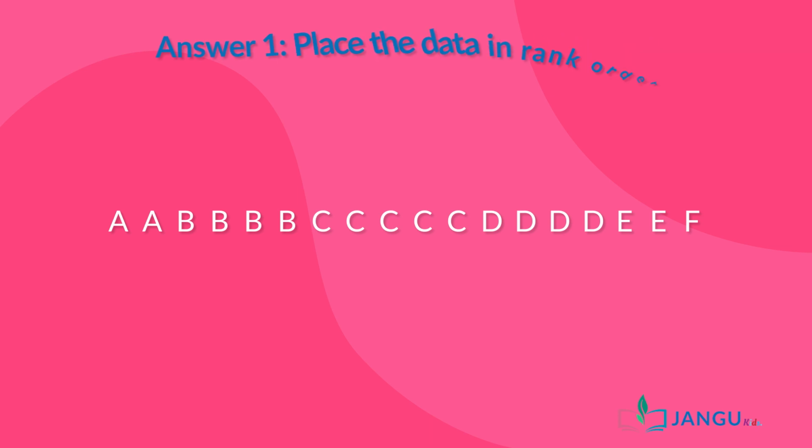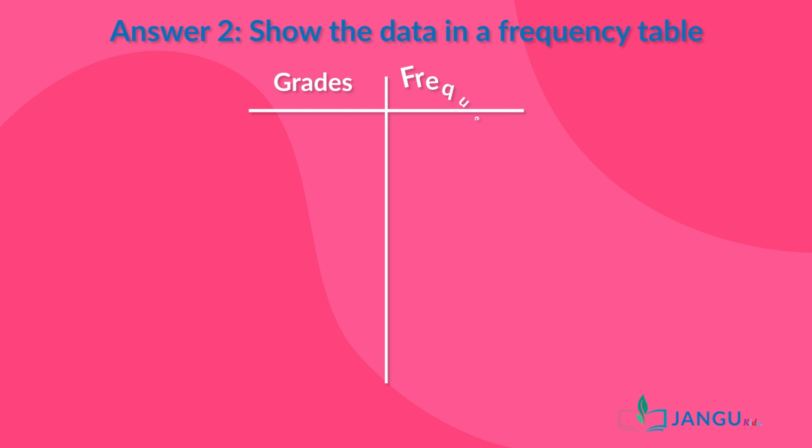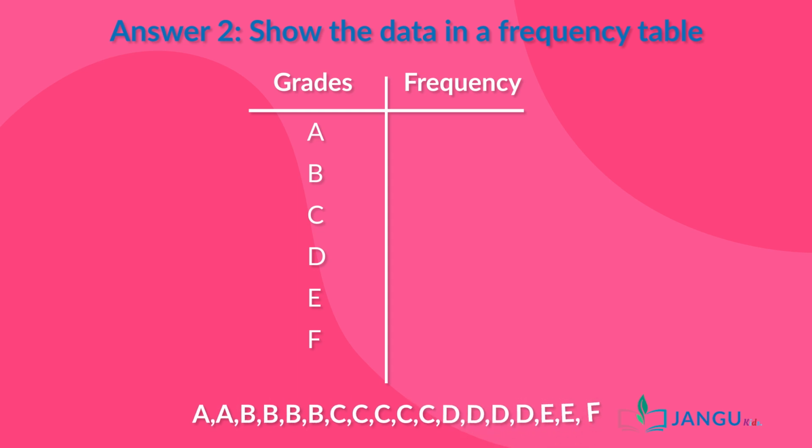Now, to answer the second question, we construct a table with two columns where one is titled grades and the other is titled frequency. Then we write all the individual grades available on different rows under the grades column. Next, we look at our ordered textual data and count the numbers of each individual grade. Then write the number we get in the row next to that particular grade,